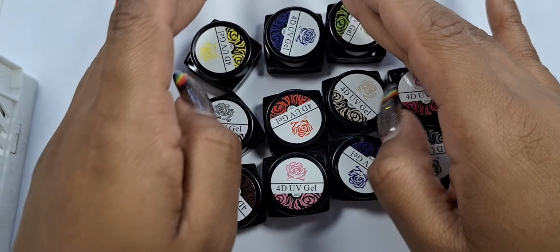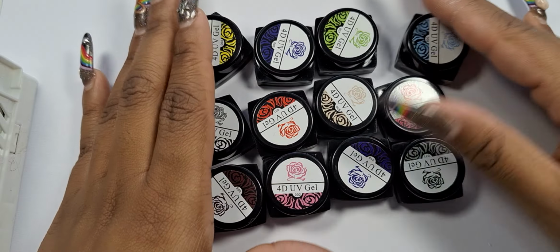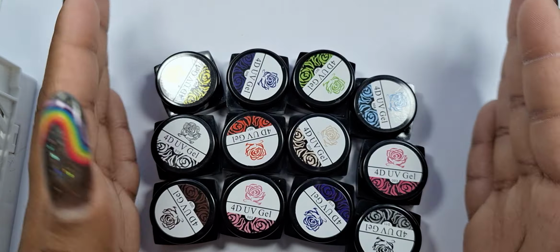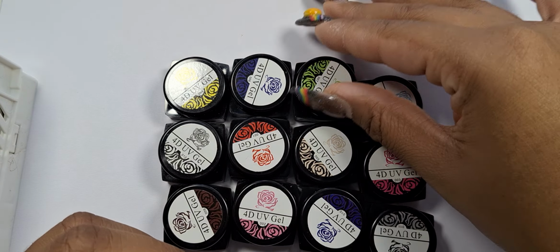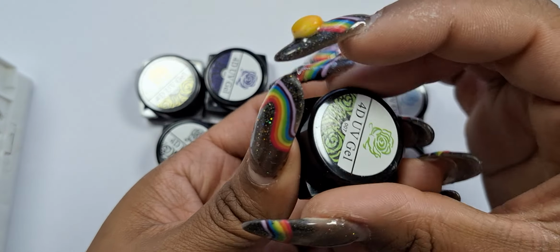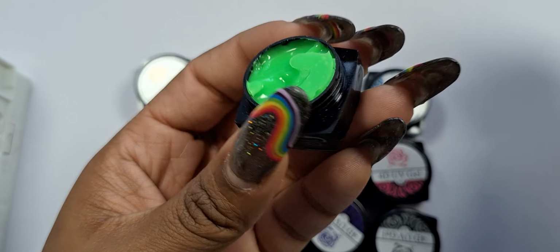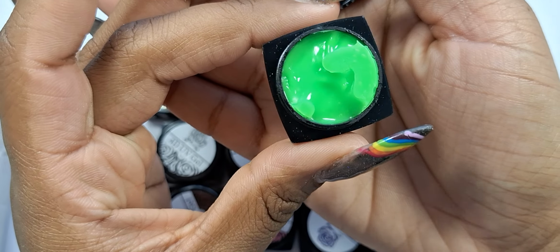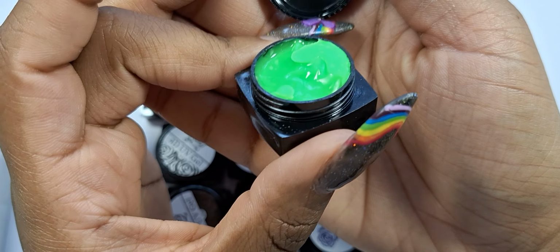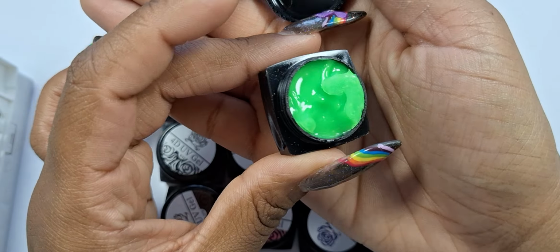But yeah, so oh my gosh, can I act like a normal person? Okay, so there's 12 of them. I really liked that these were pretty full as well. I've already tested some of these, so you might see some little divots in them, but they're significantly full, which I really enjoyed because there was